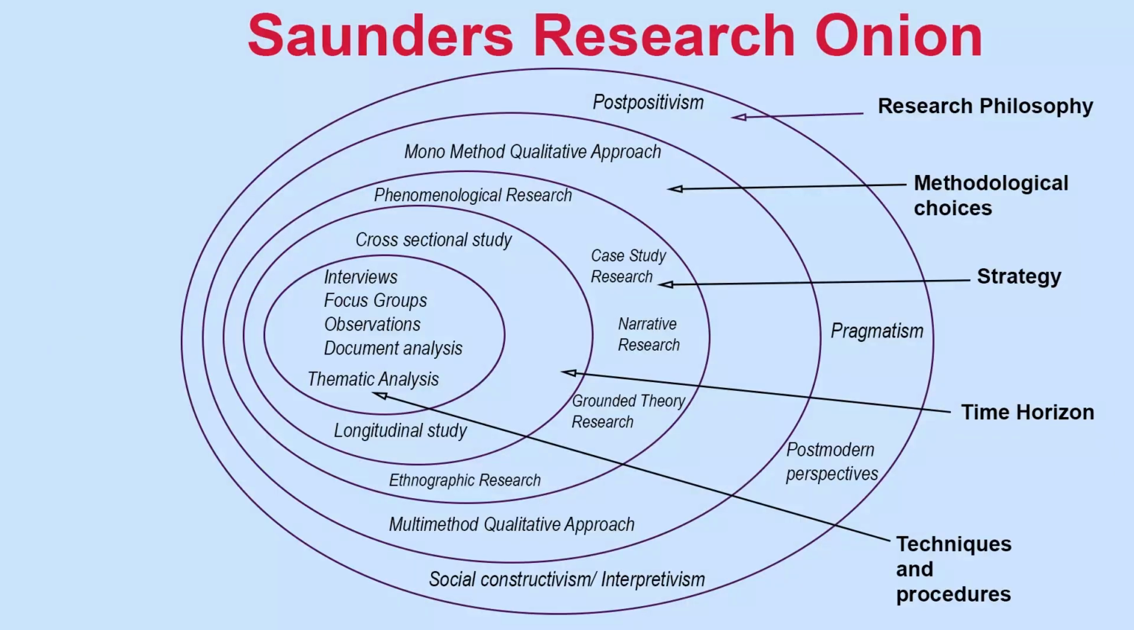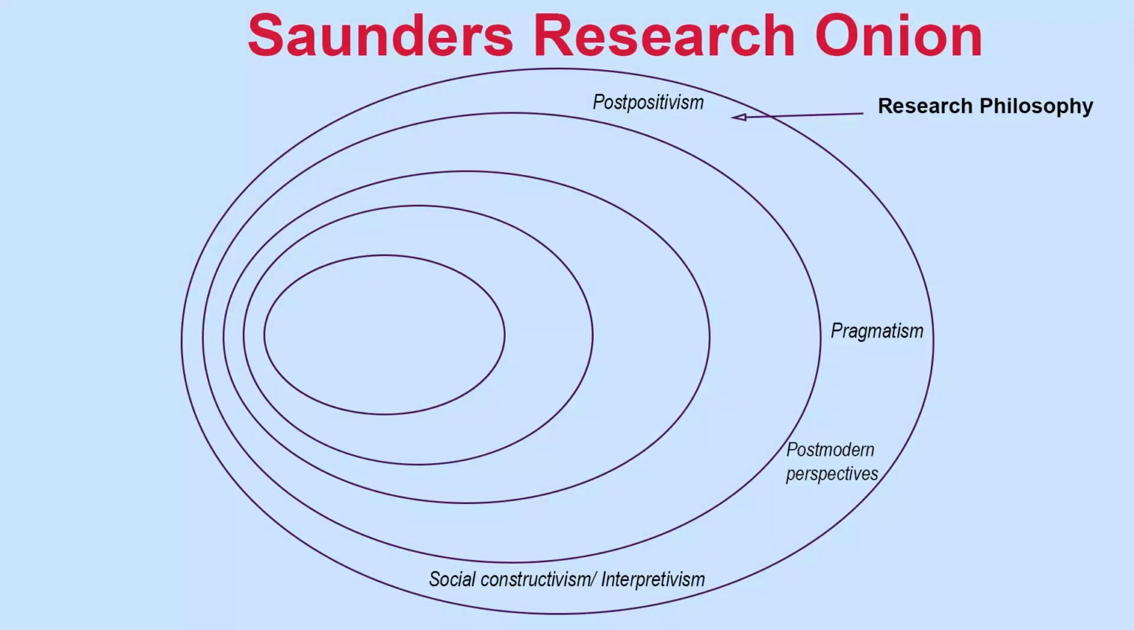When applying the Saunders Research Onion to qualitative research, we only consider 5 main layers, including 1. Research philosophy, 2. Methodological choices, 3. Strategy, 4. Time horizon, and 5. Techniques and procedure. The first layer that we peel when using the Saunders Research Onion to organize our methodology chapter